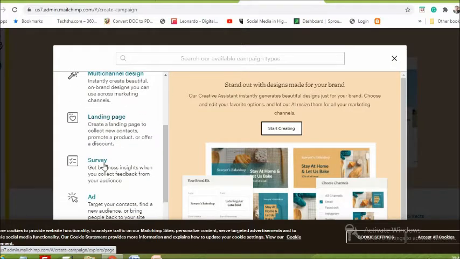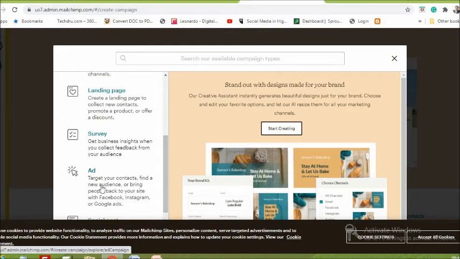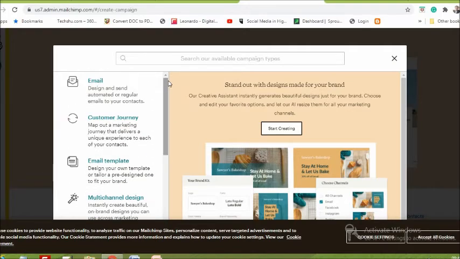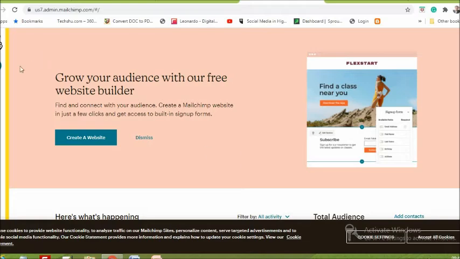We can develop landing pages and surveys. Advertising: target your contacts, find a new audience, or bring people back to your site with Facebook, Instagram or Google advertising. Social post: share and track posts across your social channels. Getting the point? This email marketing software is loaded with different features.